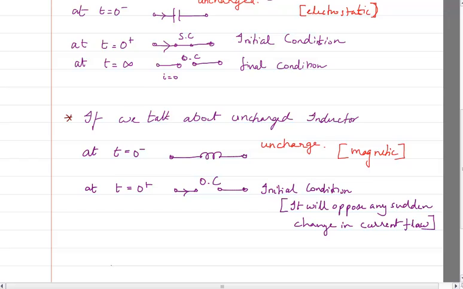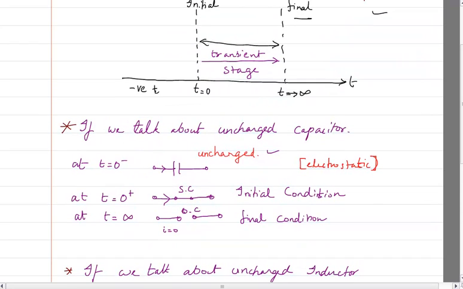And once it has charged, what will happen? It will allow the current to pass through it. So at t equal to infinity, it will allow the current to pass through, so it will appear as a short circuit, and this is the final condition. So the time period in between is the transient stage